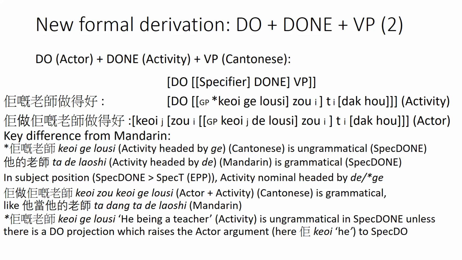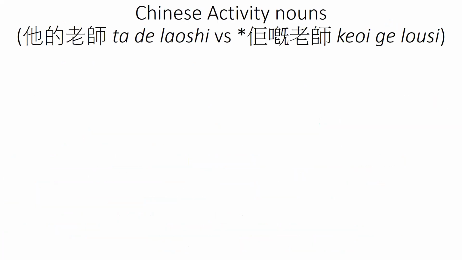So we seem to have this very interesting phenomenon: 佢嘅老師, the activity nominal, is ungrammatical in the specifier of done unless there is a do projection above it, which can raise the activity nominal to the specifier of do. So do seems to somehow rescue the derivation of the activity nominal in the case of Cantonese. This seems to be somewhat strange, but we shall look deeper into this as we enter the final stages of my presentation. First of all, a few words need to be said about the and ge